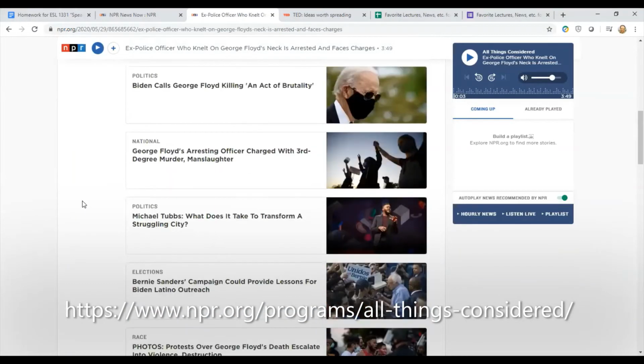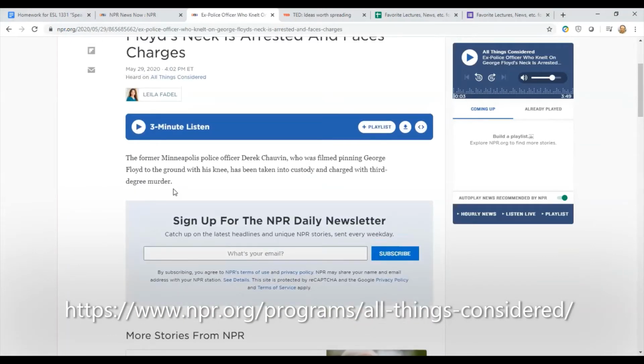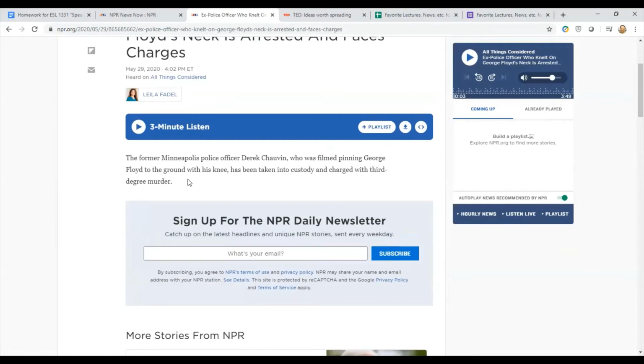Don't use the transcripts. The transcripts will just hurt you because they're not causing you to listen. You'll be looking with your eyes. And will your notes look better? Sure, your notes will look great probably because you're copying them from a transcript, but that's not what we want. We want you to practice listening and taking notes.